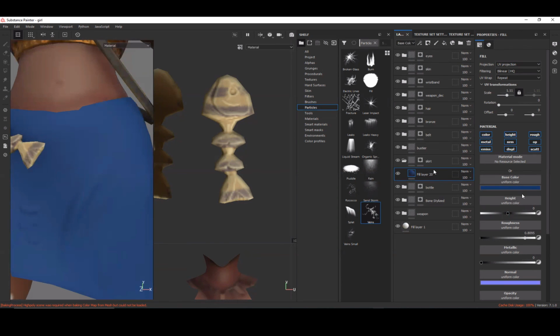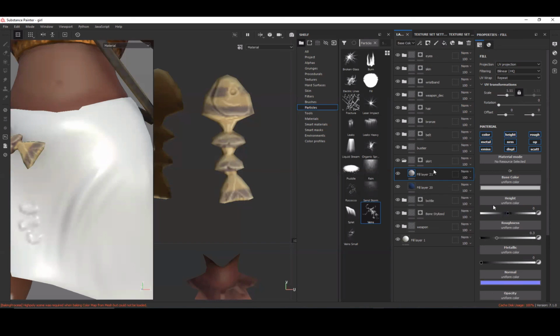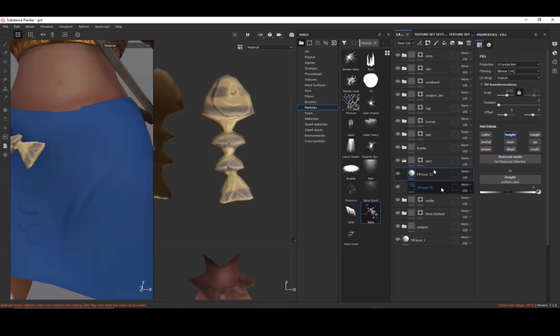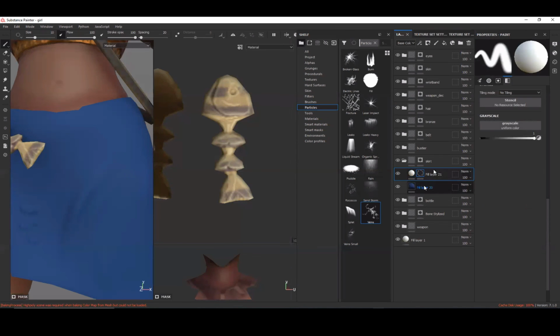And now add another layer. Turn off color. I just need some amount of height, nothing else. Add a black mask,